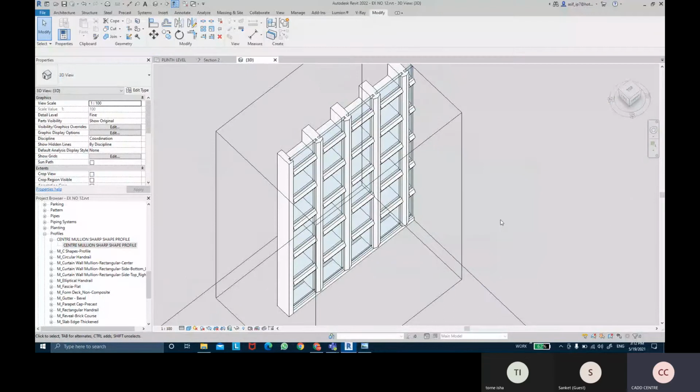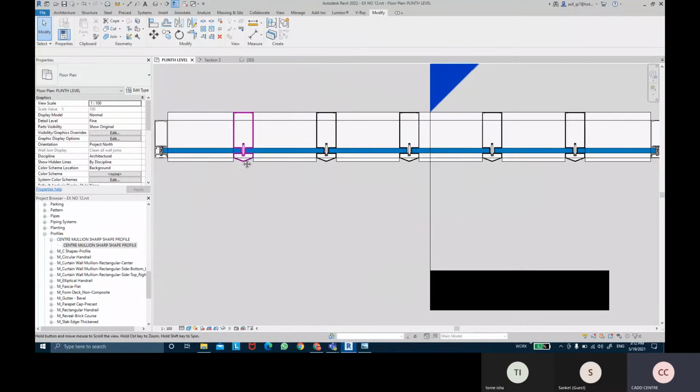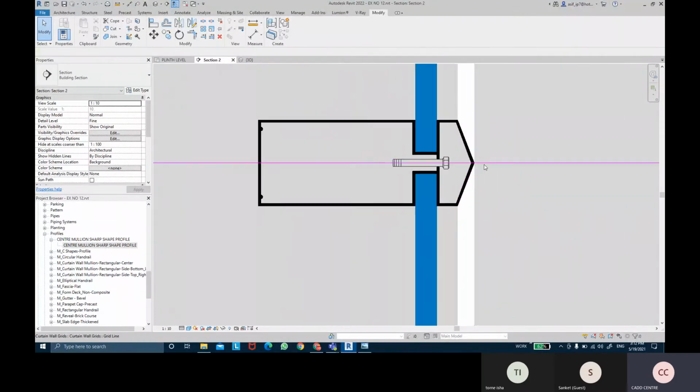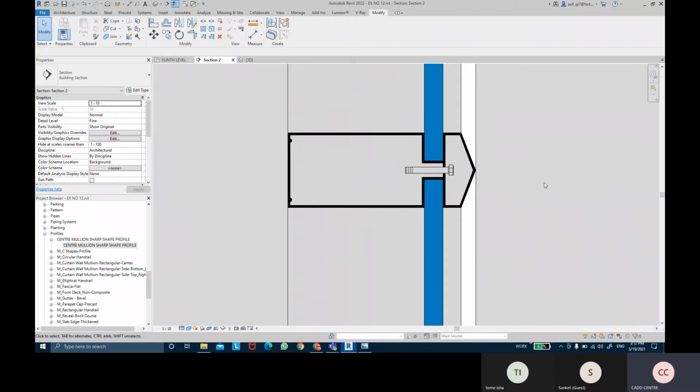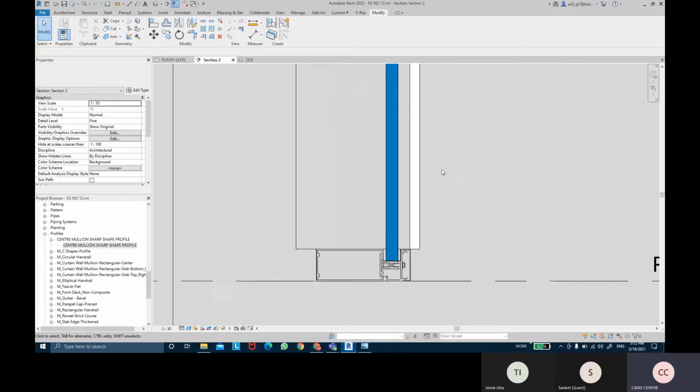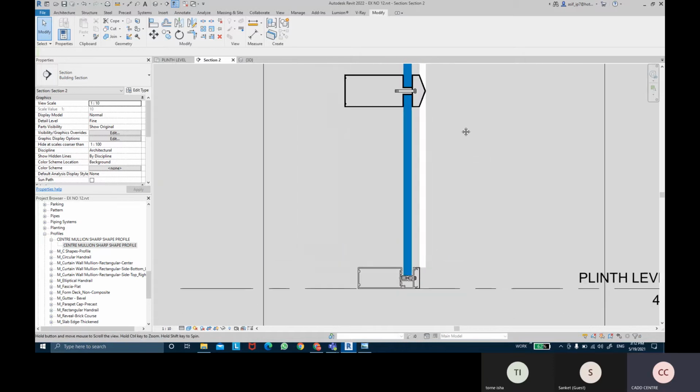So you can see the profile shape, and if you look into the plan view, you have the detailings, and when you look into the section view, you have all the detailings of nut, bolt, and every profile thickness, which you can show to your clients. This is how the detailings of the mullions would be.